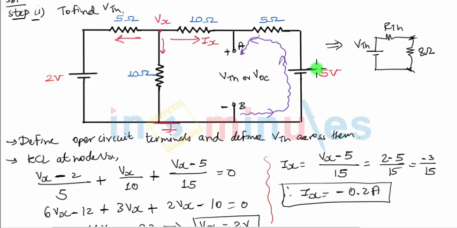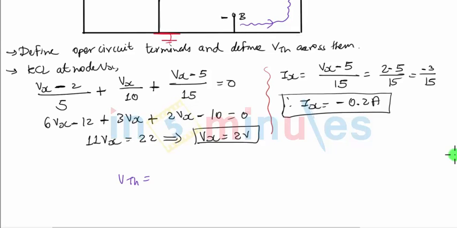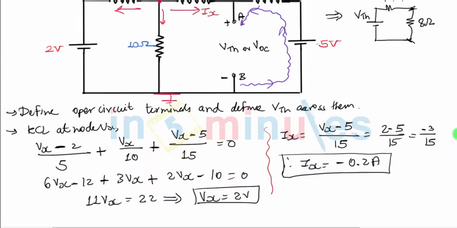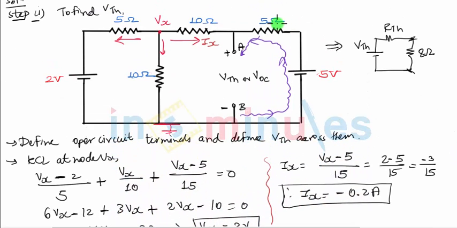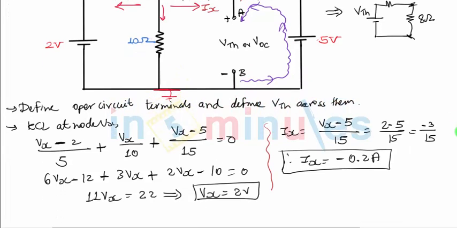So when I cross this voltage source, I'm going negative to positive polarity, so that will be voltage plus 5. Next, I'm traveling through this 5 ohm resistance. Now what is the current through 5 ohm resistance? If you observe carefully, this Ix continues to flow through 5 ohm resistance also. However, it is flowing towards right and we are traveling in the left direction.